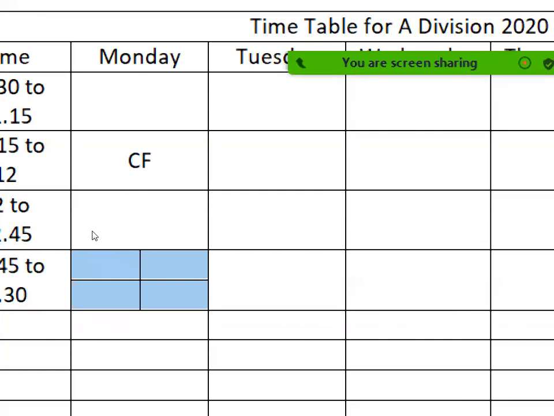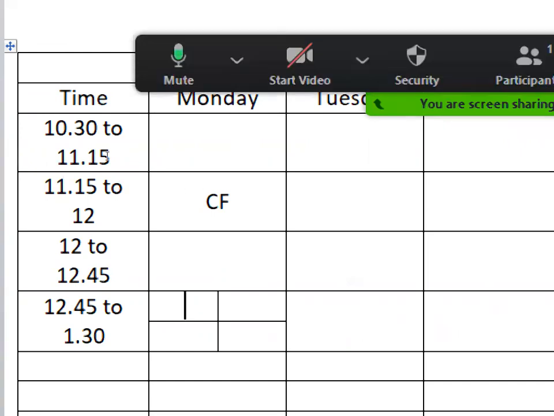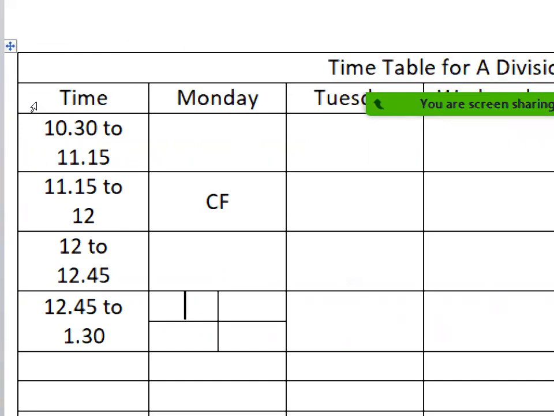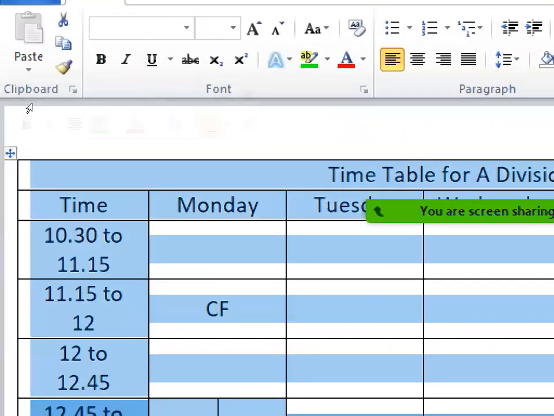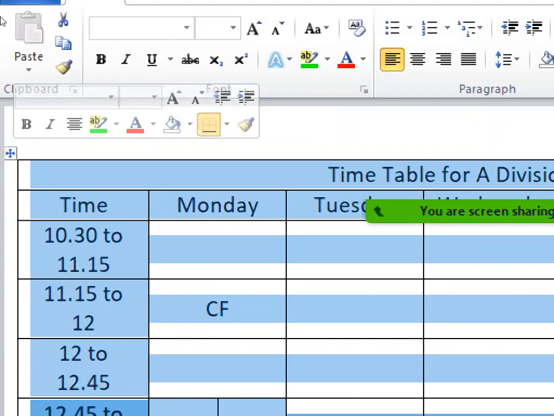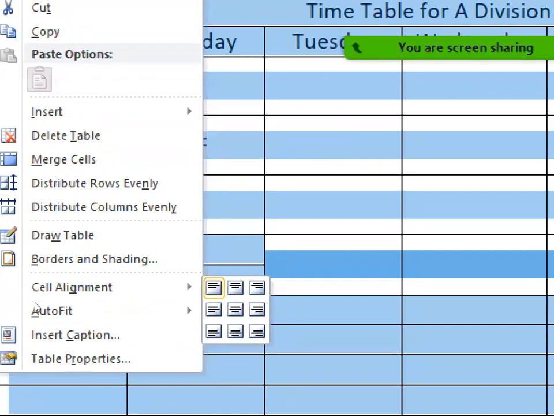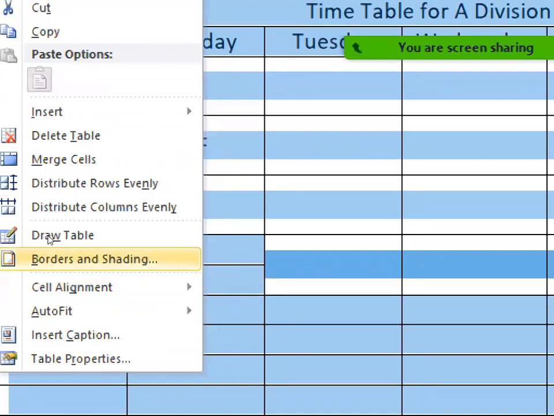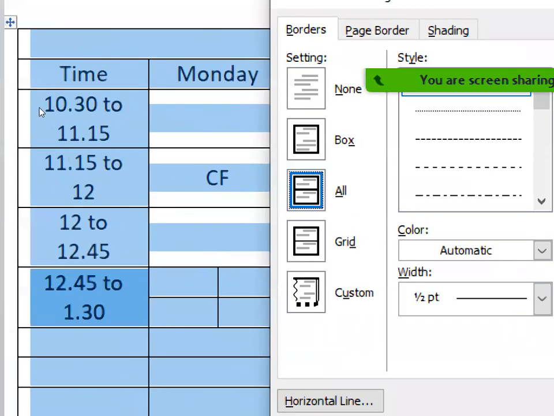Now going ahead, if you want to apply a border, suppose I want to apply a border for this entire table, we can do that as well. Select this, right click, and here we have the option called borders and shading. Click on that option, and now you will get different types of borders for this entire table.